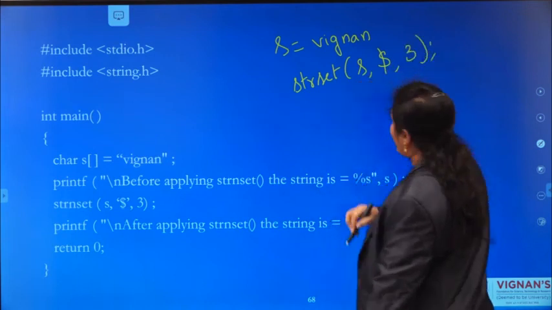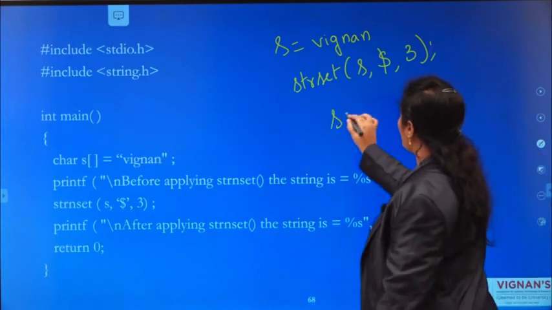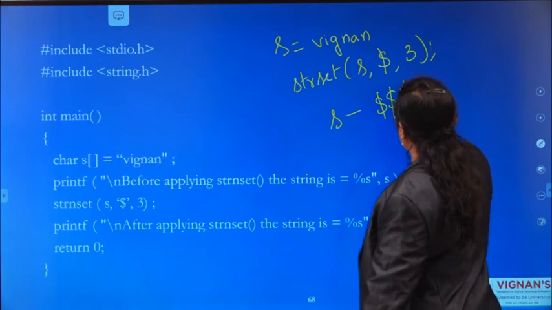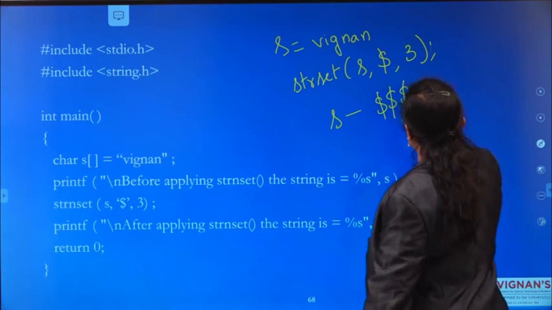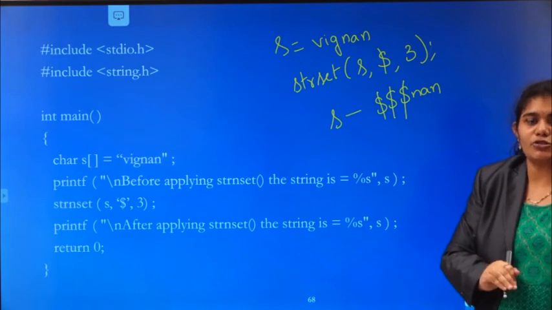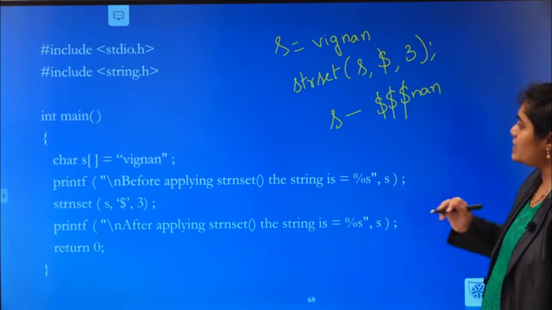That means how many characters you are going to set? Only 3 characters. So now S will be changed to $$$nan. Only the first 3 characters will be changed to $, and the remaining content will be displayed as it is. That is strNSET.